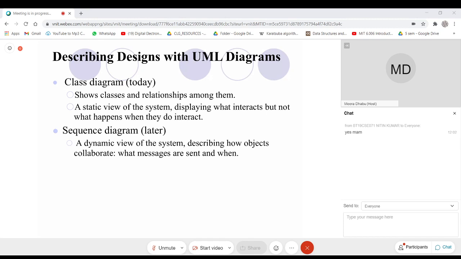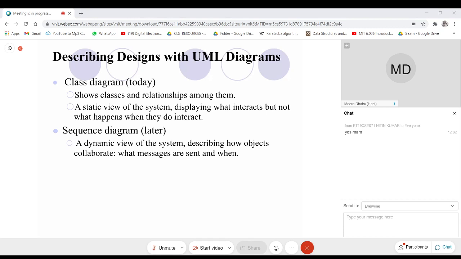The class diagram shows the classes and the relationship amongst them. It gives a static view of the system, displaying what interacts, but not what happens when they do interact. And the sequence diagram shows how the system will work.